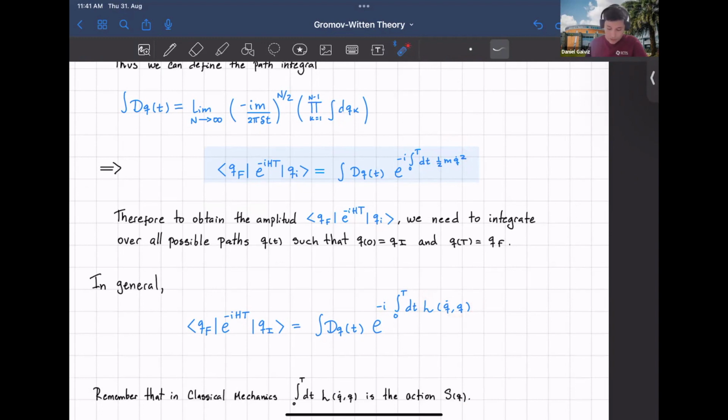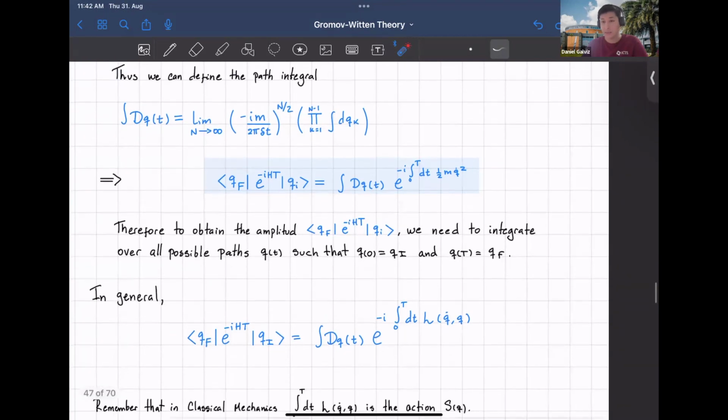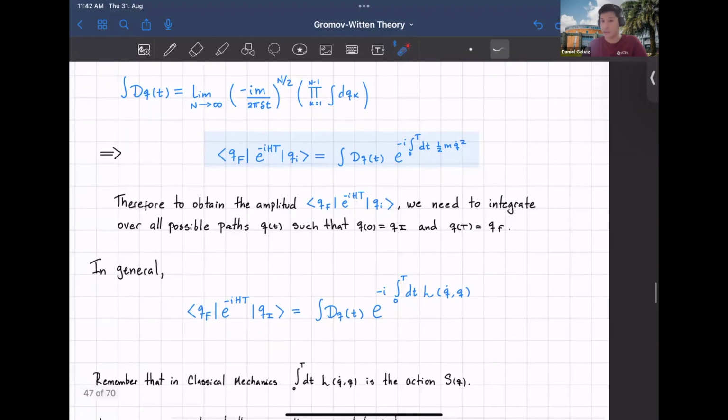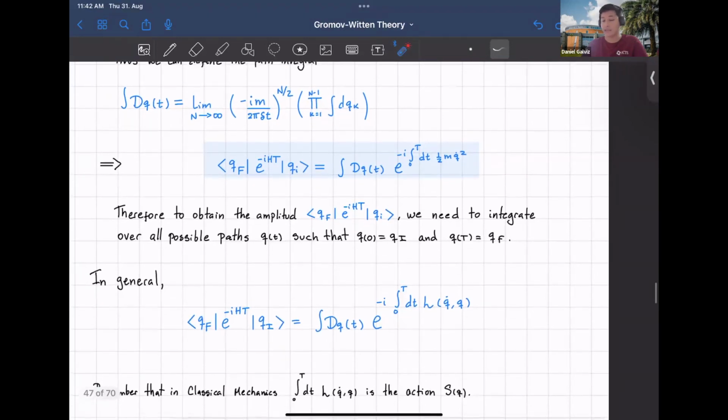The propagation of a particle from one point to another is simply the integration weighted by this exponential, and this is counting all the paths. So we showed, just from the quantum mechanics path integral formulation, this approach. Of course, this is for one particle, but then you can take it